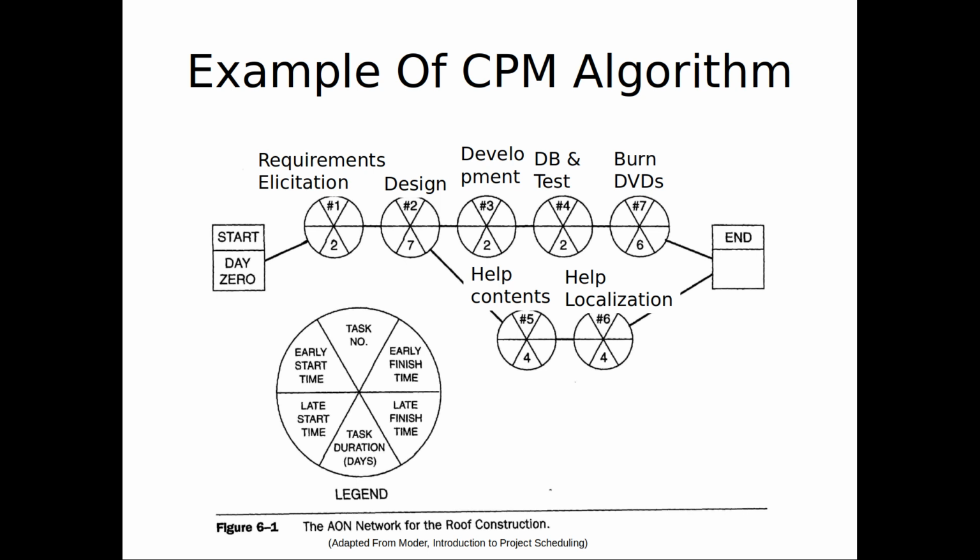When's the latest, ladies and gentlemen, that node 2 could finish without delaying the whole project? Sorry. Yeah, it's 9. Because if it goes later than 9, what's going to happen? It's going to delay this whole upper path. Would this guy be able to tolerate it? Yeah, it would. Be able to tolerate up to 11. But 9. Okay. And so the latest we could start it without delaying the whole path?